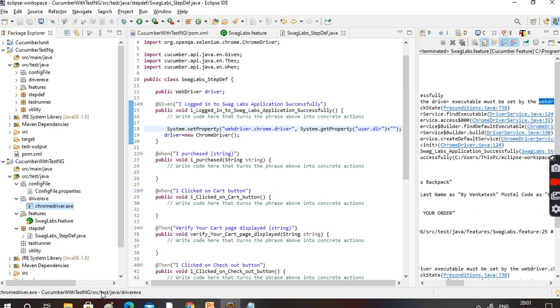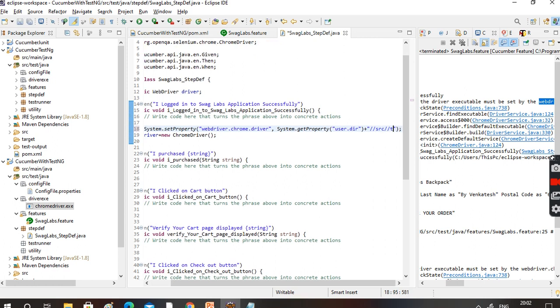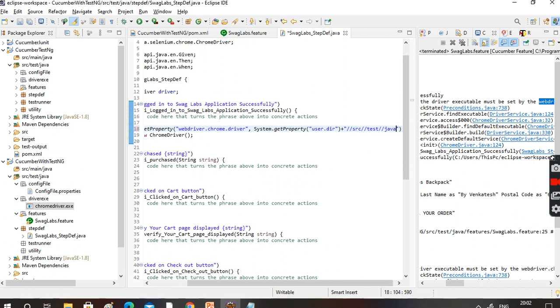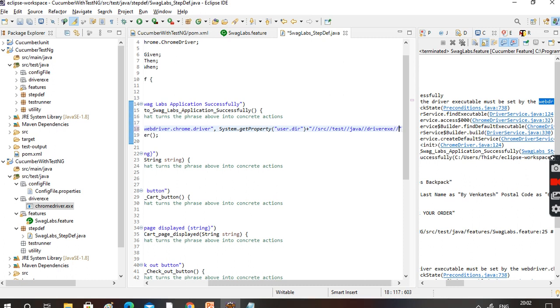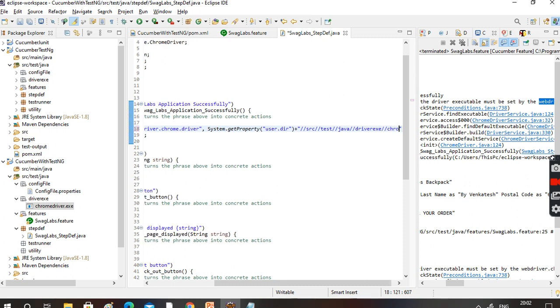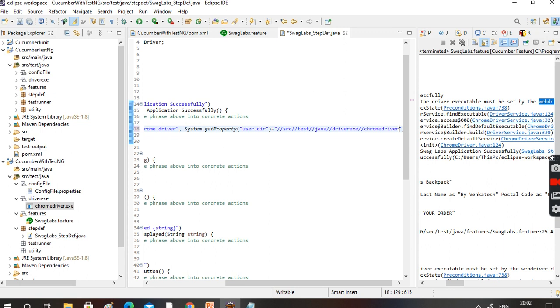So after that src test java driver exe, right? Now how can we mention it? src test java, right? Then driver exe, then chromedriver.exe.